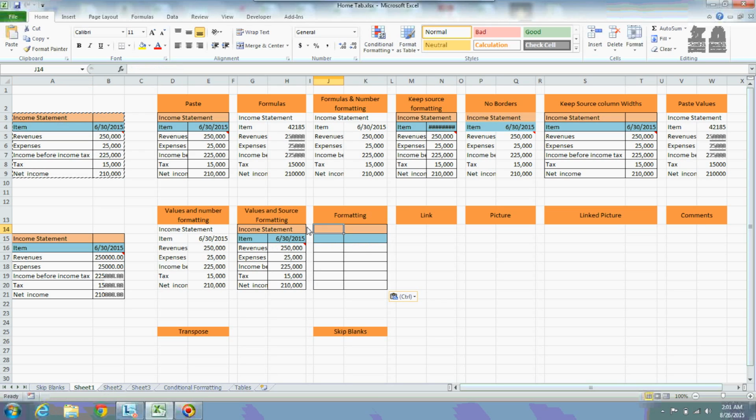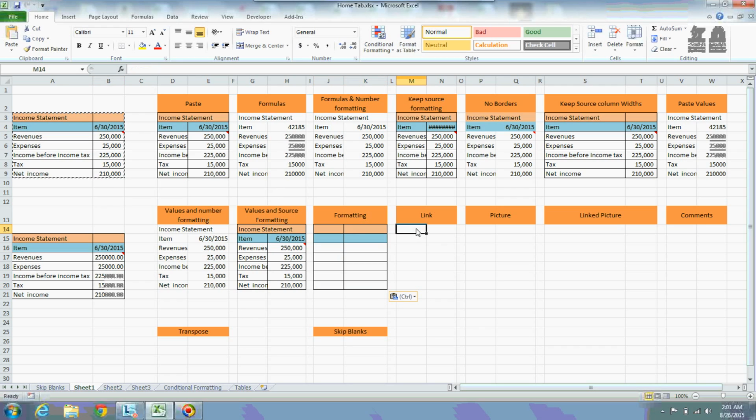It means there is orange color in the first cell, there is also orange color. There is orange color in the second cell, there is also orange color. Blue color is exactly copied from source to destination. This formatting copy will not carry any values from source to destination. Please do remember that one.